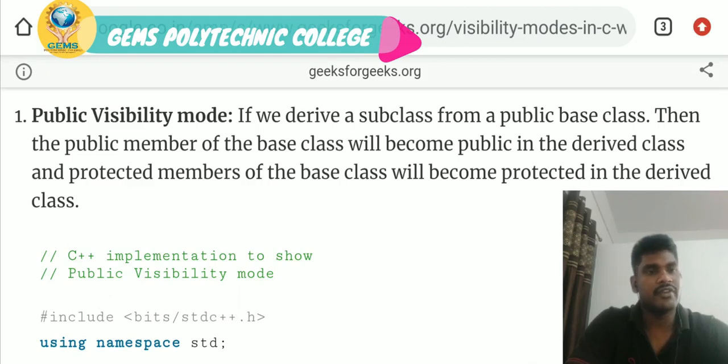So listen carefully. If you derive any class in public mode, then the parent class's public data members become public data members of the derived class. The protected members of the parent class become protected members of the derived class. Let's see the example.